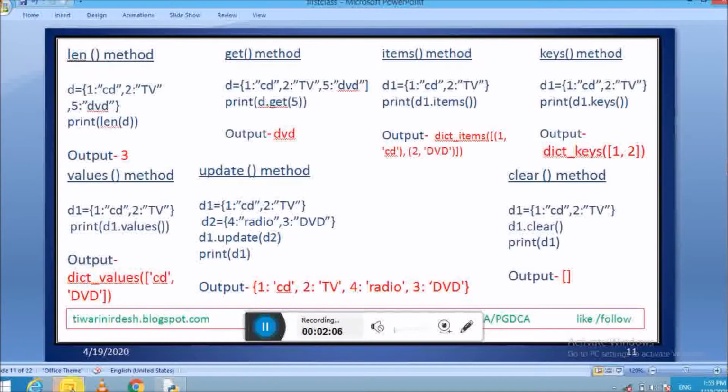Now the second method is the get method. So see the code here. First line, a dictionary is created as in the first example. In the second line, inside the print constructor, variable, then dot and method, and inside the method constructor we have to pass the key from which you want to get the value. So if you want to get the second value, we have to pass the second key here, and if you want to get the last one, we have to pass this key here, 5. So let's go into the Python shell.